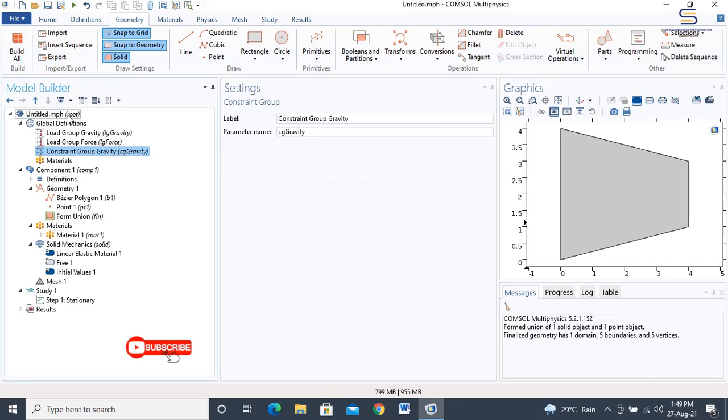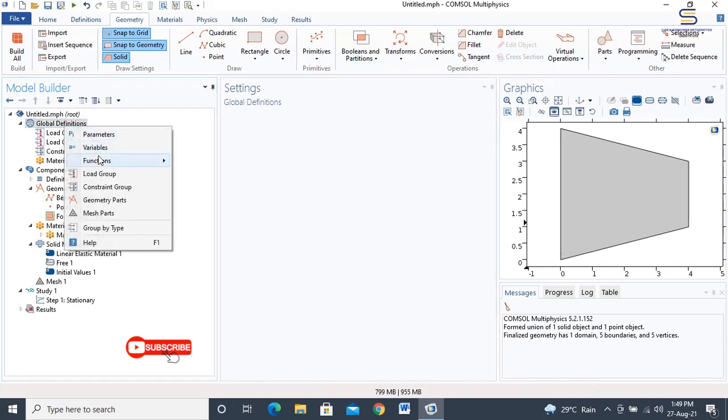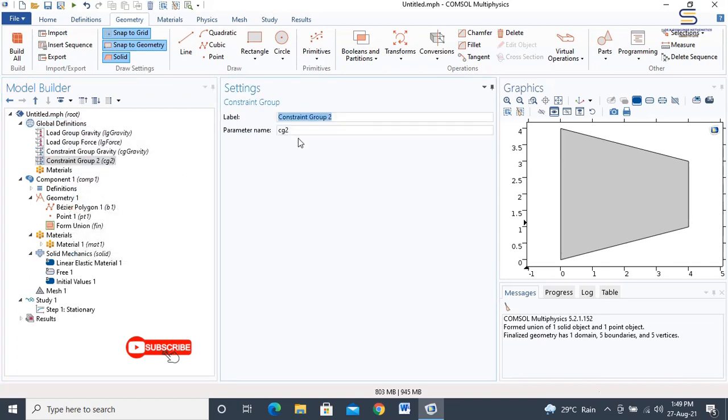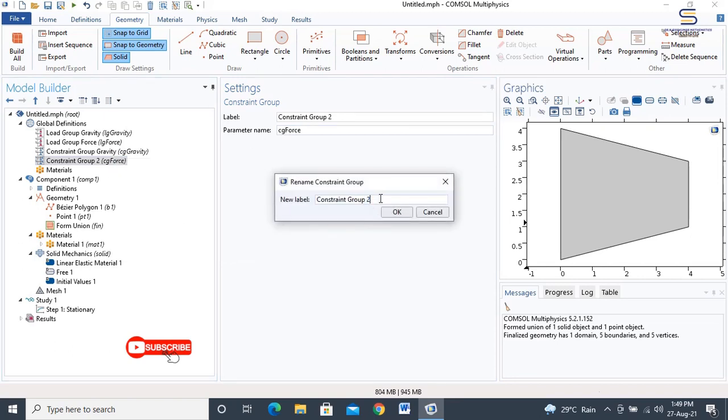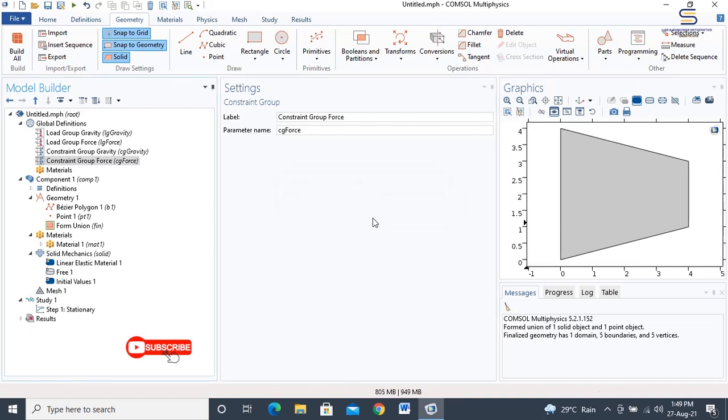Followed by that, add another constraint group. CG2 should be changed into CG force, as well as renaming this constraint group as constraint group force. Now we are ready to set up the model.